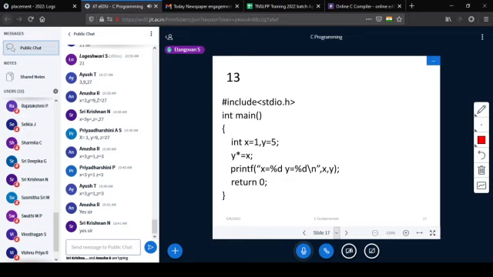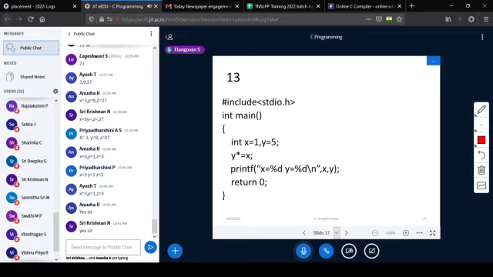So 3 y z. So 3 becomes stored everywhere, and here which has higher priority, minus z, unary operator, and this is plus equal to, and this is assignment.